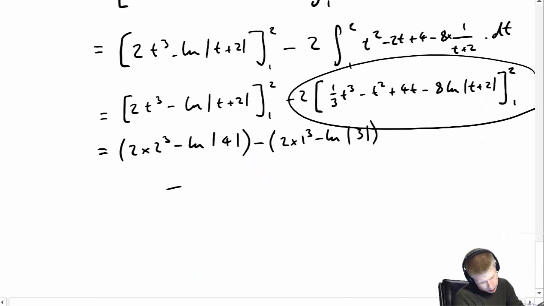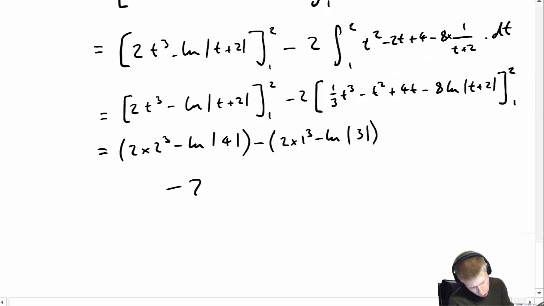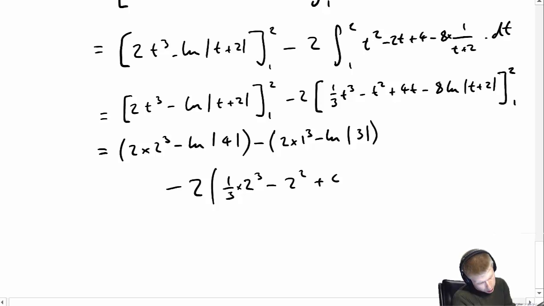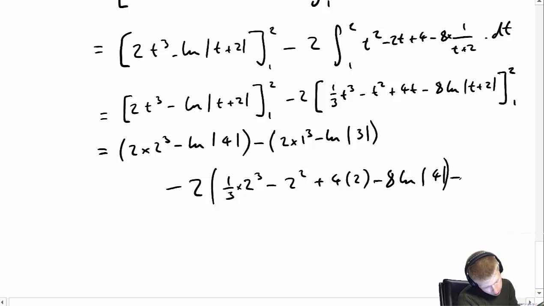Oops, sorry about that. I've then got to stick 2 in, so let's do the third. Stick 2 in first of all: a third times 2 cubed, minus 2 squared, plus 4 times 2, minus 8 natural logarithm of 2 plus 2, which is 4. Okay, then minus, don't forget I've still got to multiply by 2, so minus, I'll do it down here, minus 2 times,